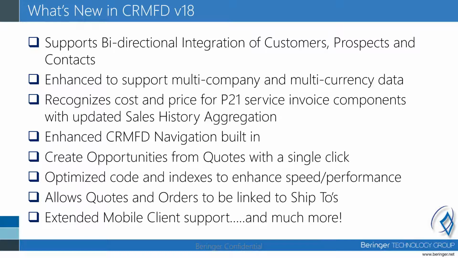We're also enhancing our support for multi-company and multi-currency data, so making that a lot more flexible and easy to use in this current version of CRM for distribution. We also built in recognition of cost and price for Profit 21 and other ERP service invoice components. So what that means is that your invoices may have line items that are priced for different products as well as services, and we recognize the difference between those two, and that is carried over into our automated sales history